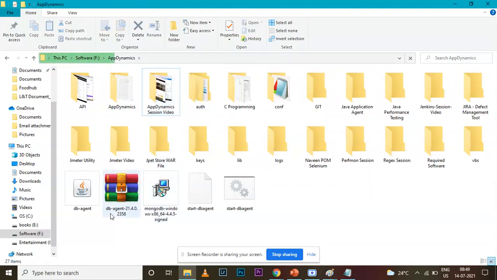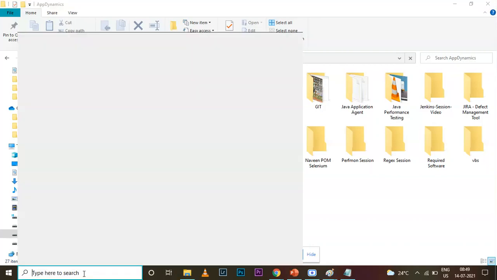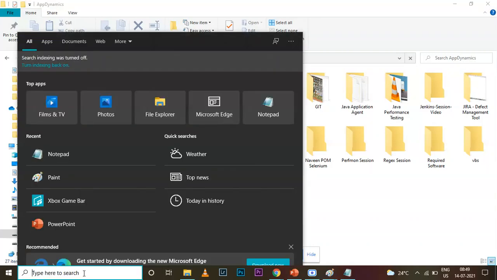So you are seeing, right, this is the DB agent. In the DB agent, the agent got installed in my machine. Whenever I want to monitor the test in App Dynamics, I hosted this application in my Tomcat server. So whenever I run this application locally, what will happen is this agent will collect all